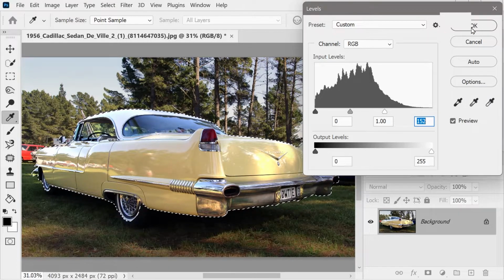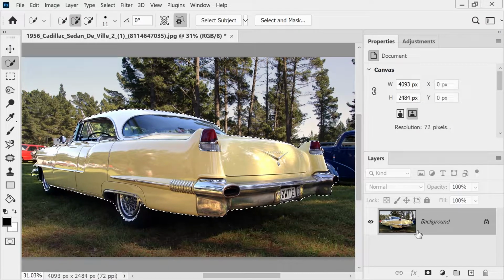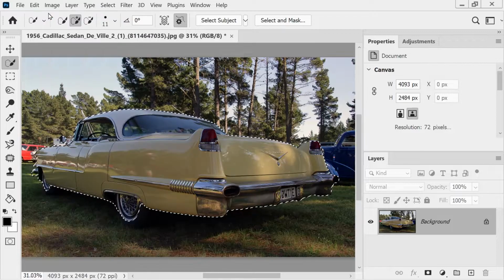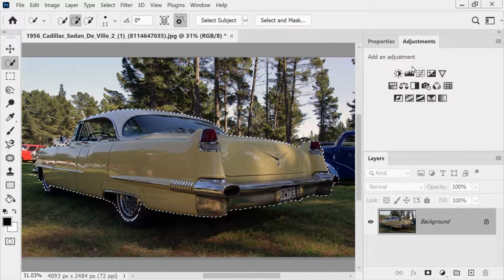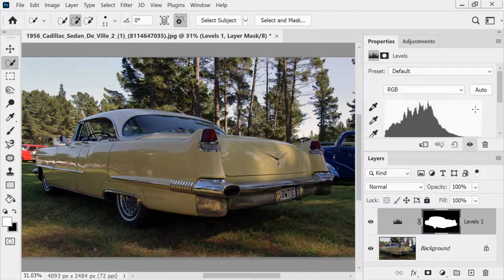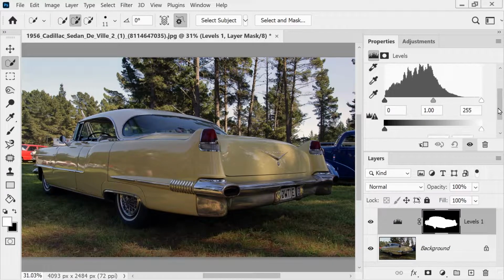Now when you press OK, it does actually absorb it into the background, which is kind of not good because it means that you can't really do any other changes. So another way you could do this is you could go to this adjustments thing, and then this is the same one, levels, and you get basically the same graph,